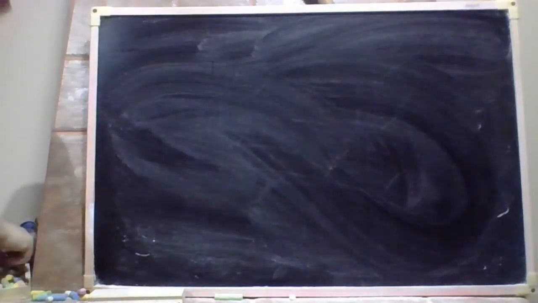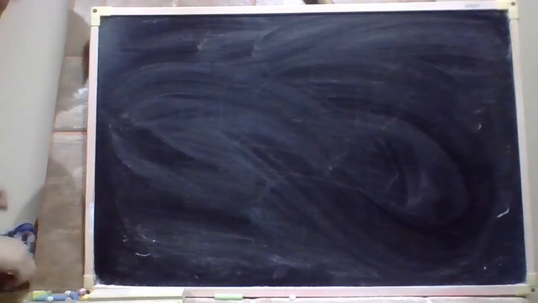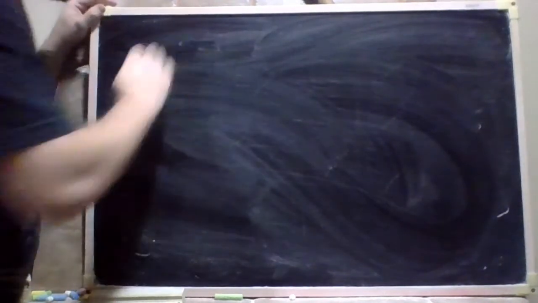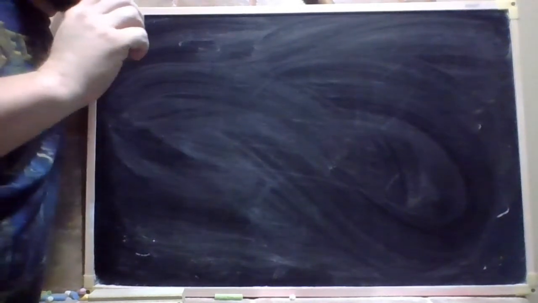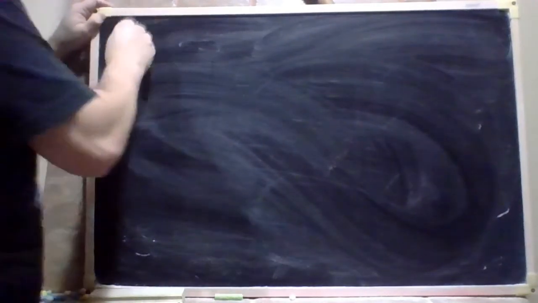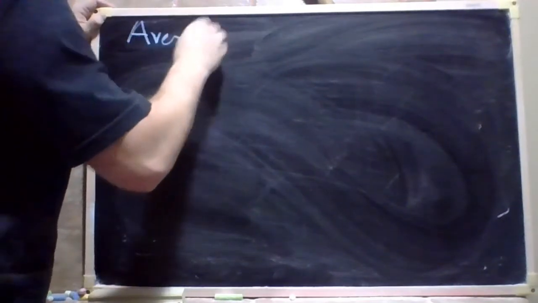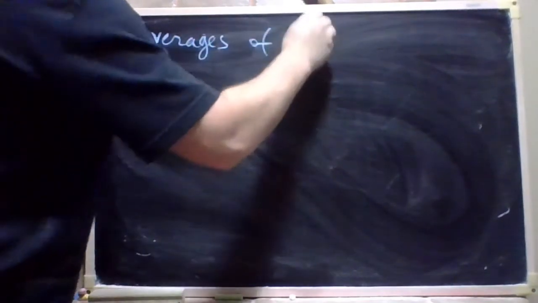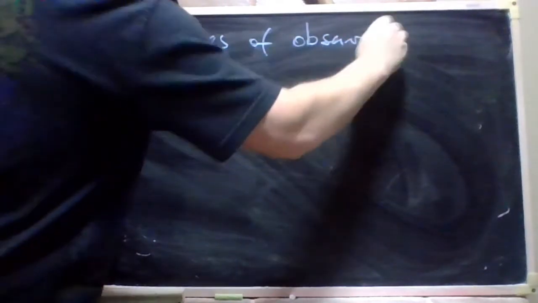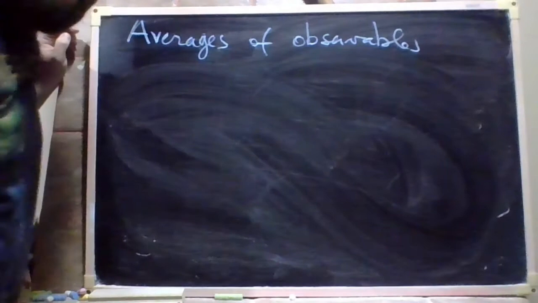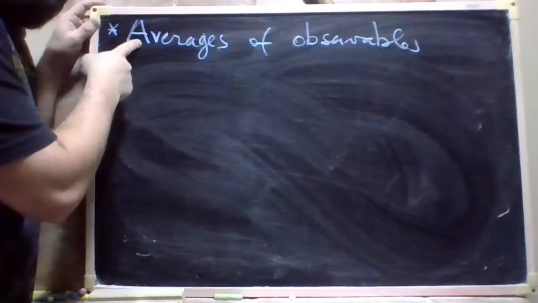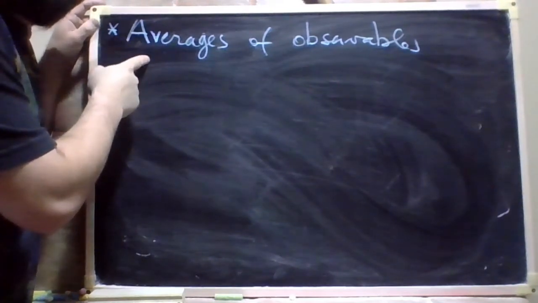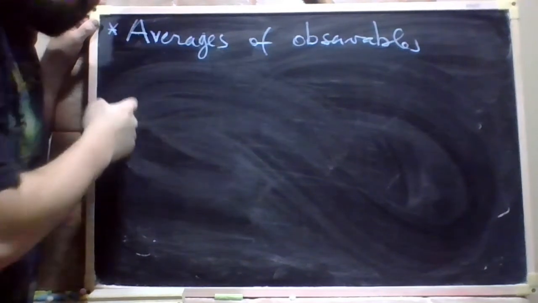Well, just to finish, I must talk about averages of operators and something called the Heisenberg picture. All right, so averages of observables. In the end, what you really want to know is this thing here, because the state psi in Hilbert space